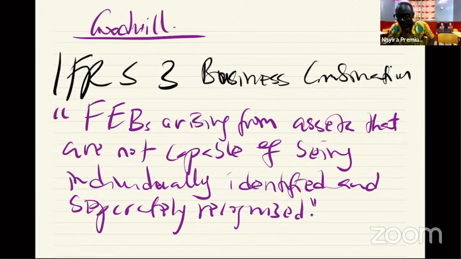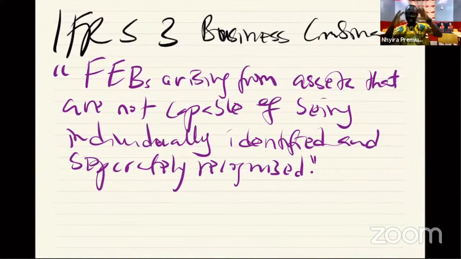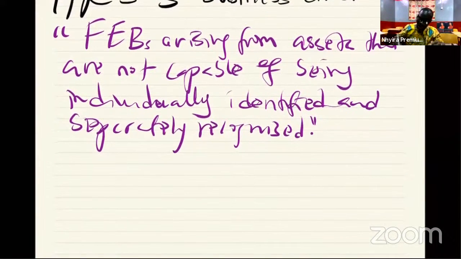All right. So assets that are future economic benefits arising from assets that are not capable of being individually identified and separately recognized. So that is the standard definition for goodwill. Now, usually goodwill could arise from any of the following: